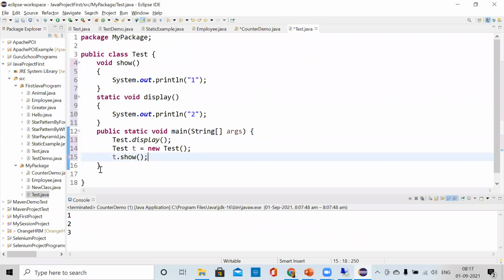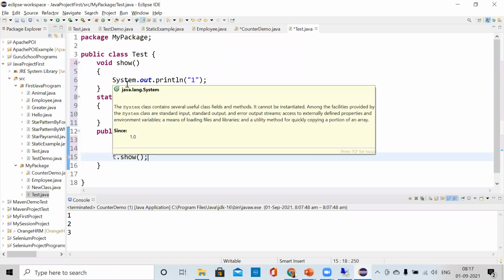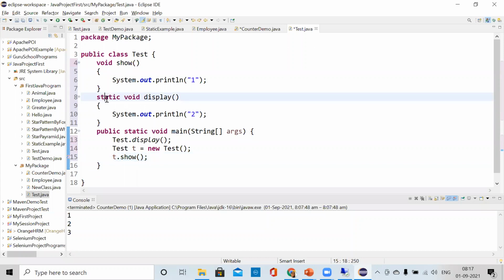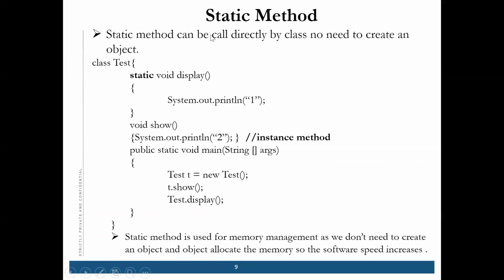So is that clear? First point, a static method can be called directly. We don't need the object to be created. For a simple method, we need to create an object, but for static, you can call it directly with the help of the class name. So a static method can be called directly by class. No need to create an object. Is that point clear?